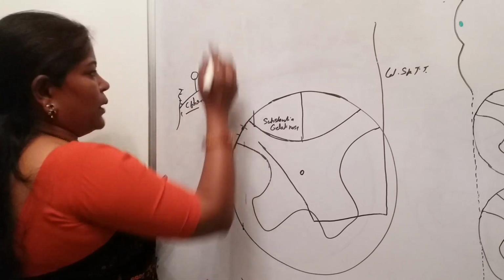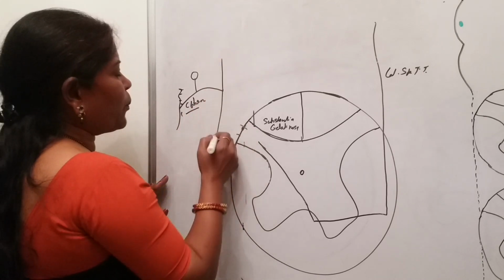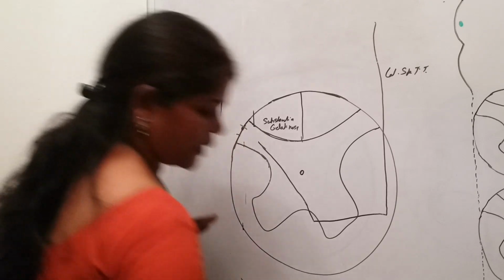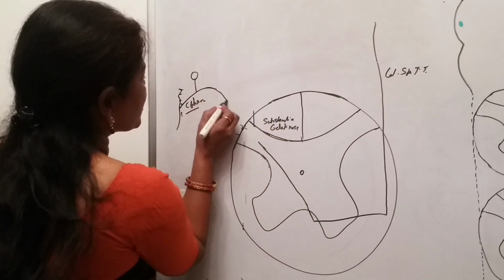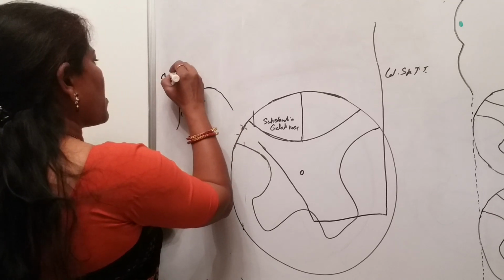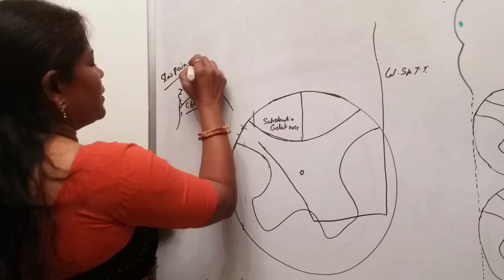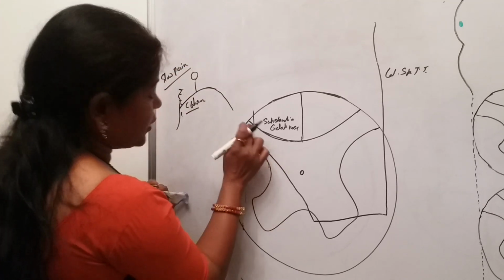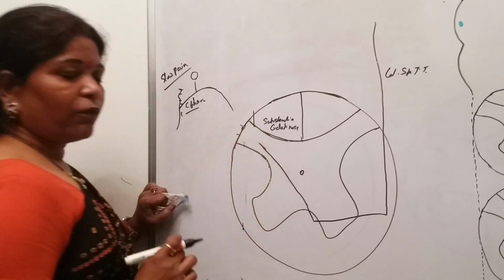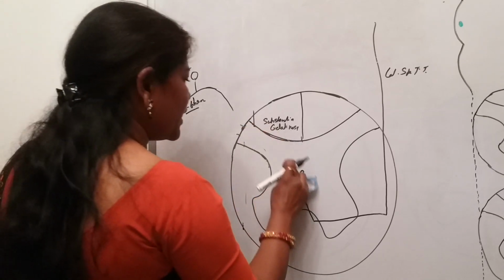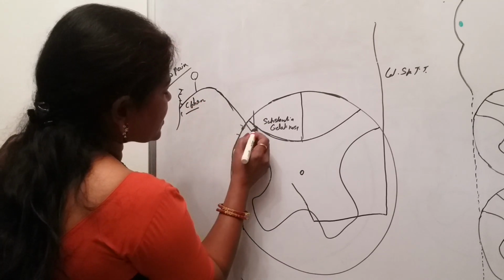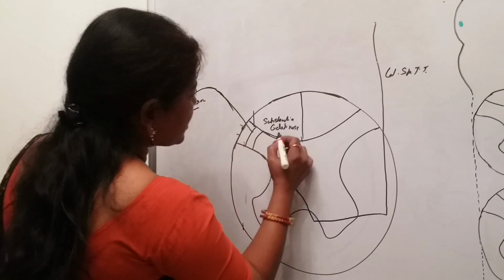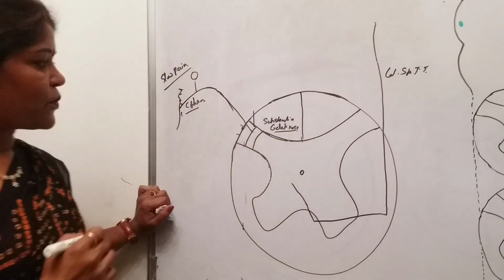Again, this also ascends and descends upwards. It bifurcates, we have seen. So, suppose this C fiber, which is carrying the slow pain, comes towards the dorsal gray horn, what does it do? It terminates where? Again in the Rexed lamina 2, that is the substantia gelatinosa, where it is present.